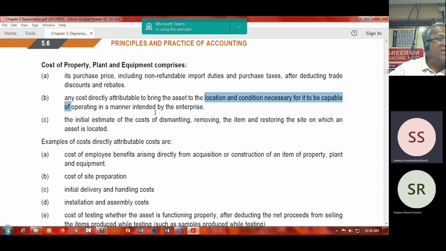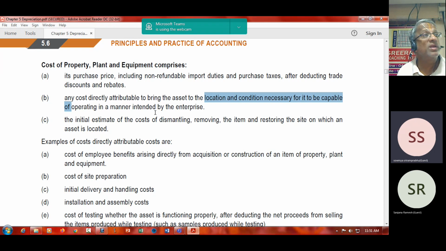Just because the plot is not owned by us, the expenditure incurred in bringing out that partition, I cannot treat as revenue. I will put it out as leasehold land, leasehold building. I am expected to charge depreciation on that portion of the building for 4 years, 5 years, 10 years, 15 years, as the case may be. When the rental agreement itself communicates very clearly that I have to dismantle all these items when I hand over the key, I am expected to estimate that expenditure at the very initial stage, just as I estimate the salvage value.